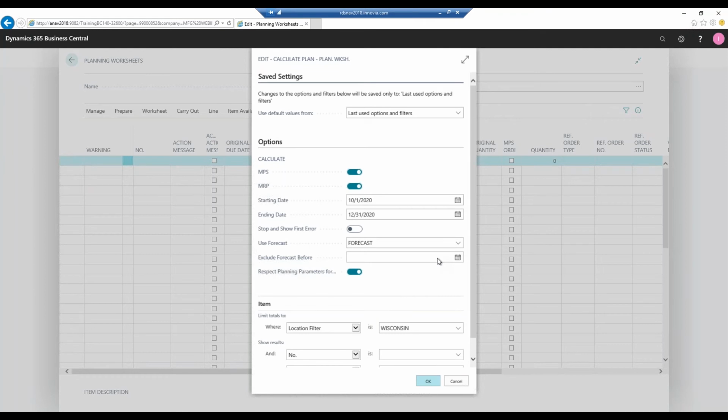Yeah, if you're using forecasts, I would exclude this week that I'm working on. So any planning run this week, I'd probably ignore the forecast. I would start the forecast next Monday. I think it also is a Monday through a Sunday. So I would put in there whatever Monday's date is forward, versus this week is kind of underway. It's Wednesday already. I can't react. I don't want that in my planning. I would just leap forward to the next week. Okay, I'm going to leave it wide open just so I know what data I'm going to get